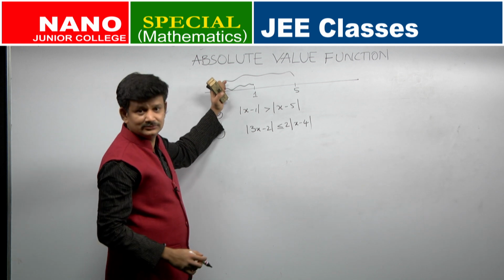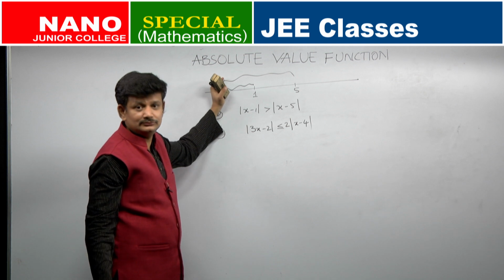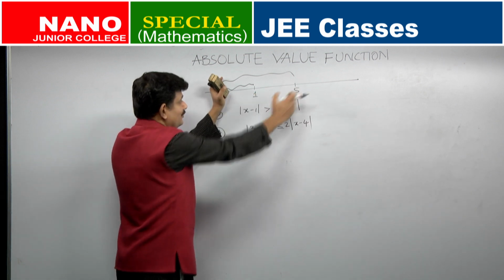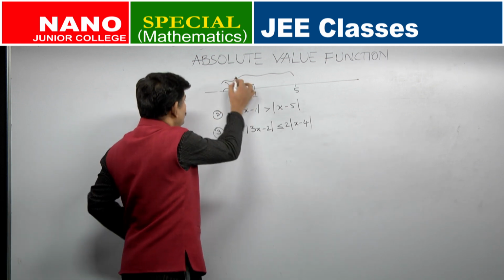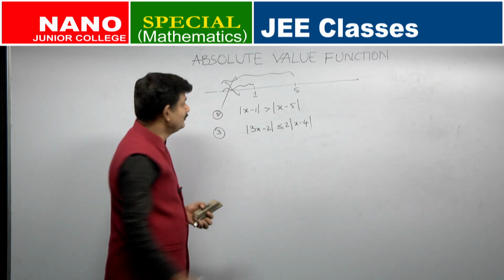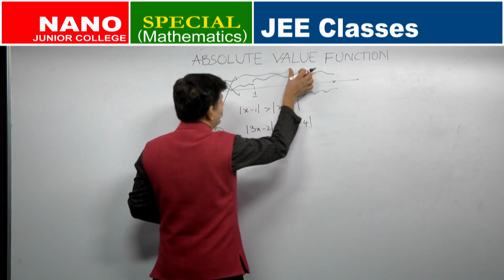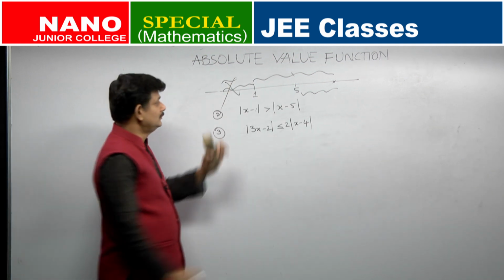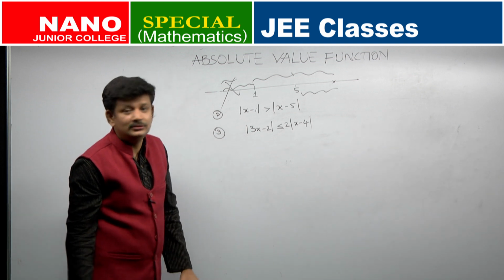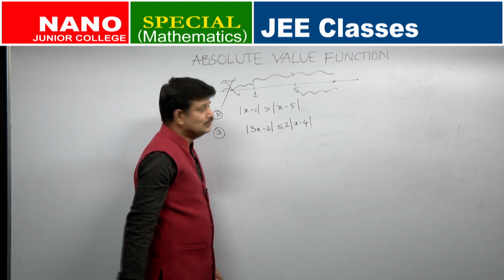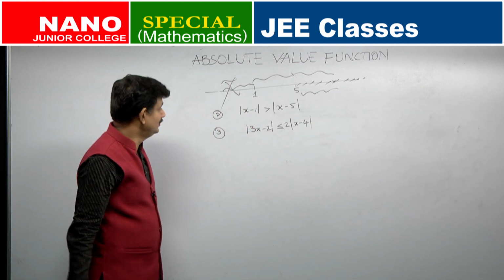So, let us say x is here, distance of x from 1, is it more than its distance from 5? Which one is more, distance from 1 or distance from 5? And what do you want? Distance from 1 to be more, right? But so, you will not get any answer here. Let me see a number here, distance from 1 and distance from 5, which one is more? Distance from 1, and that is what you want. So, each and every number to the right of 5 will be part of your answer, right.